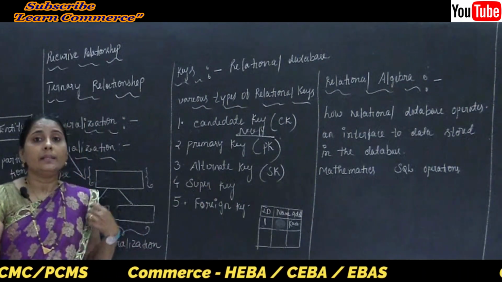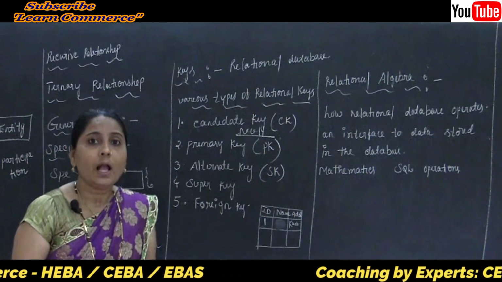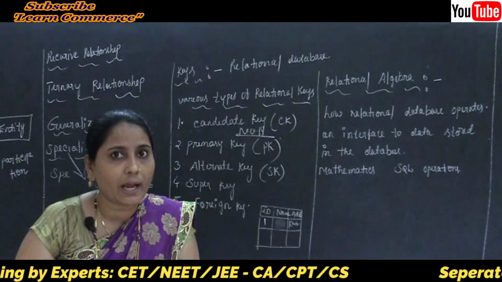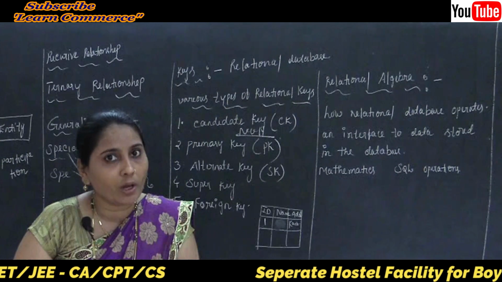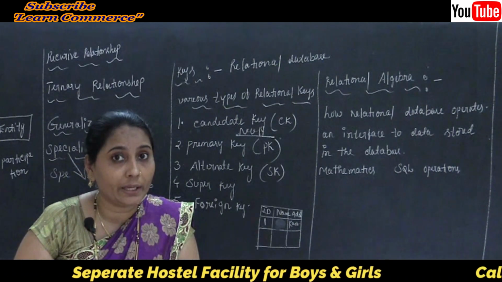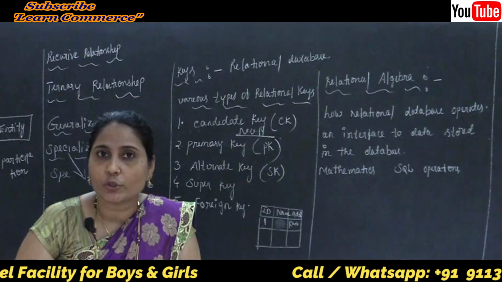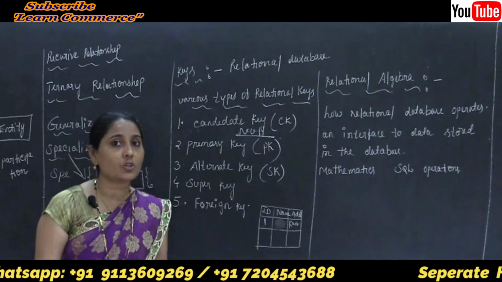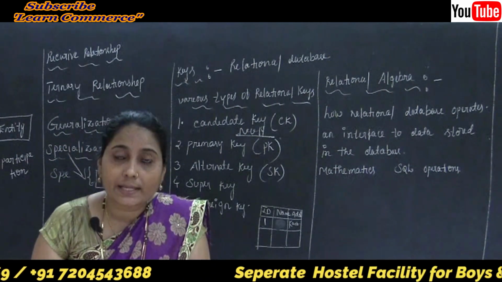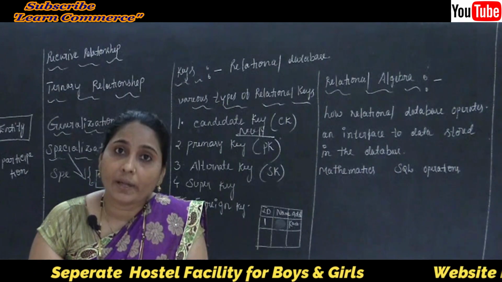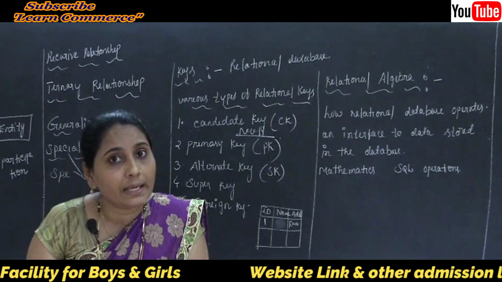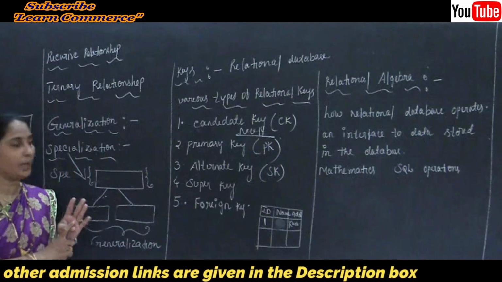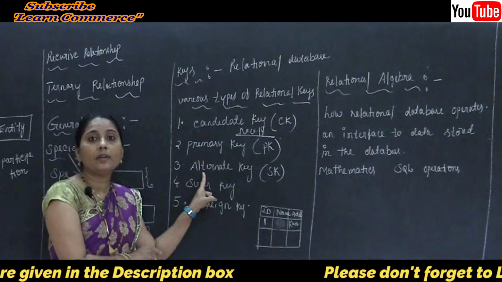We can say that the alternate keys of any table are simply those candidate keys. What's the meaning of the candidate key? We know it is a set of one or more columns whose combined values are unique. Such a value is not going to repeat again and again in any record. So the alternate keys of any table are simply those candidate keys minus the primary key, because the primary key is the first column of a table, and the secondary key is the second column of a table.